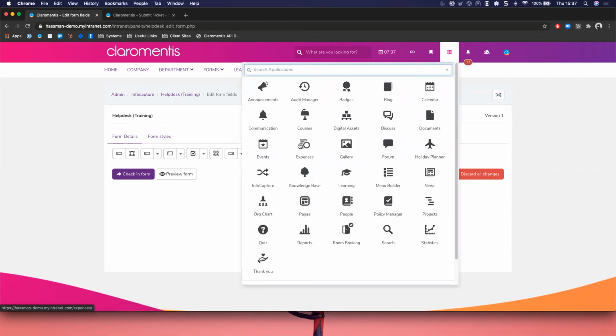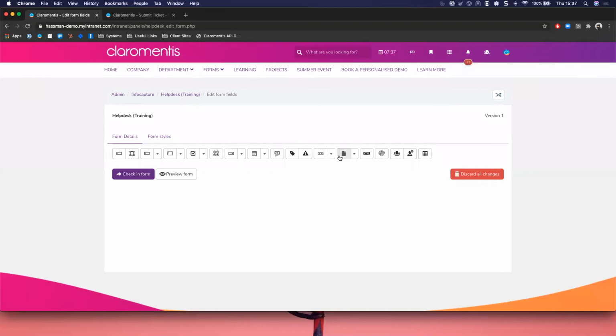So the document management application that exists here, any documents that might have been stored in there, you can link to this form by utilizing the document option instead of files there. Next to that, we have the HTML field. And this will allow, simply put,